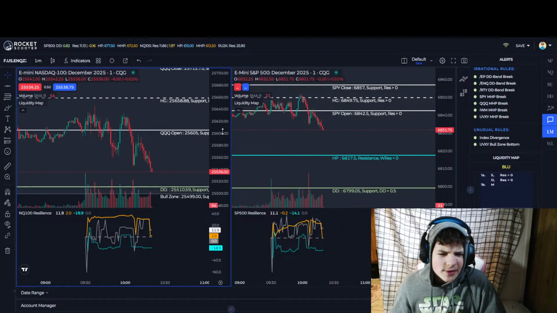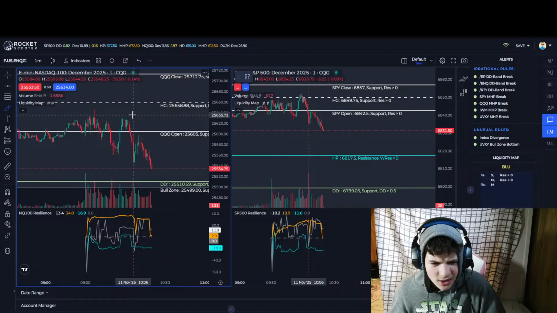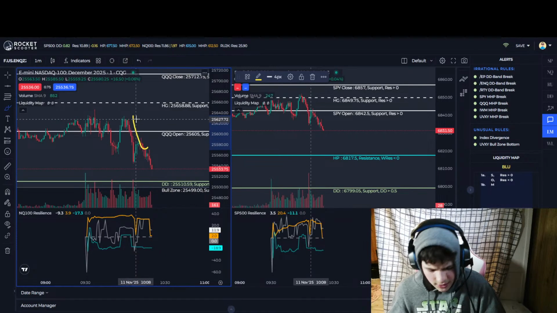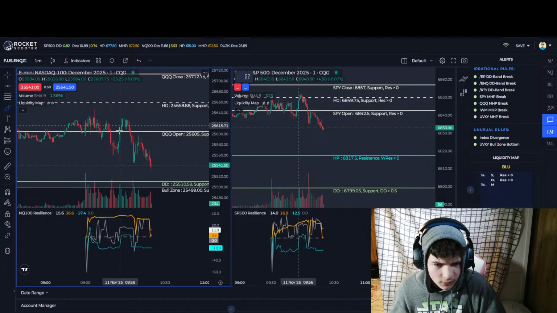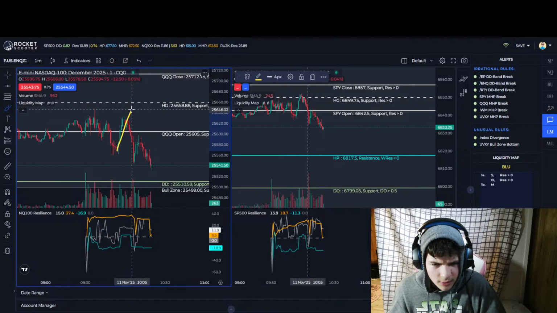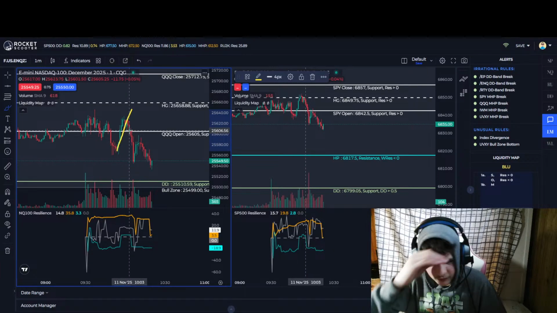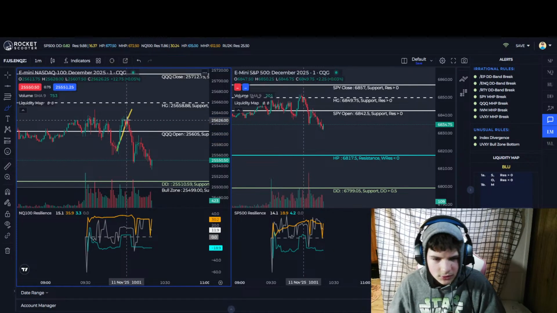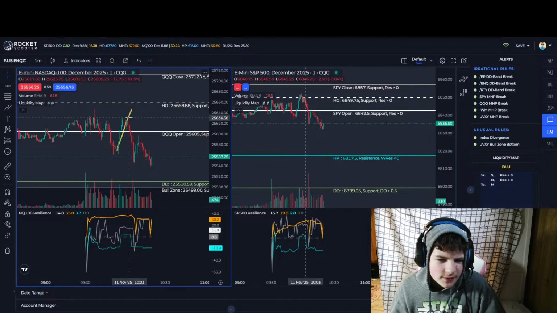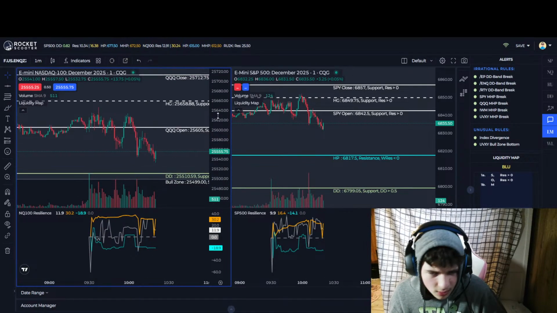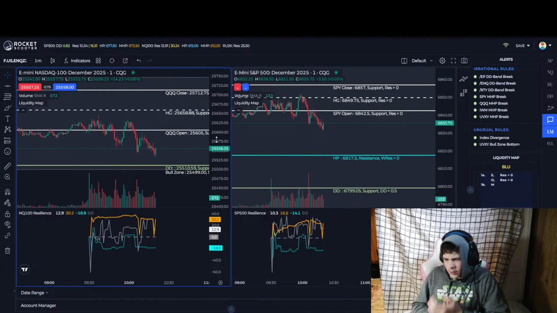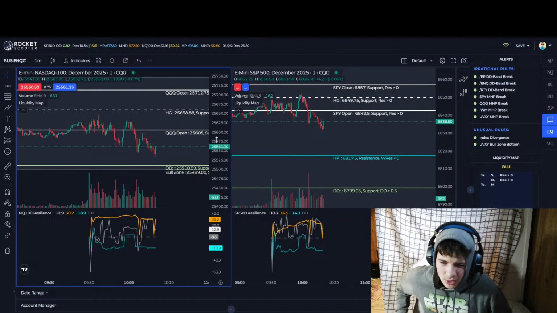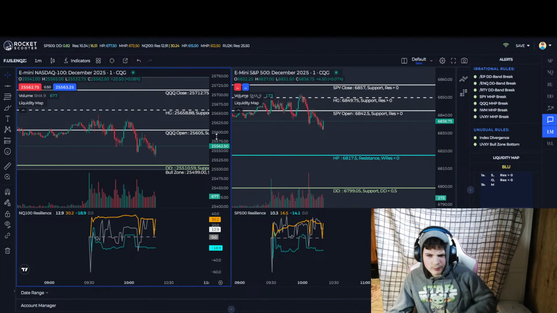But I also used the one where it was like double top. Yeah, 15-minute orb. That's the one I used to use. You can use whatever orb. You could use the 30-minute orb. You can use the 5-minute orb. You can use the 1-minute orb. There's so many possibilities with the orb.